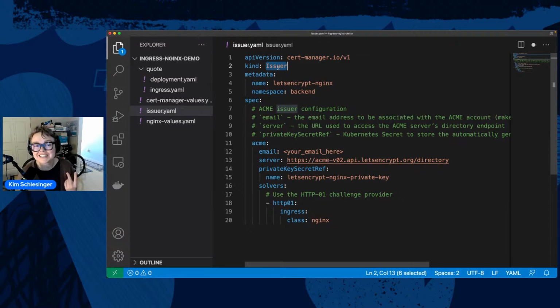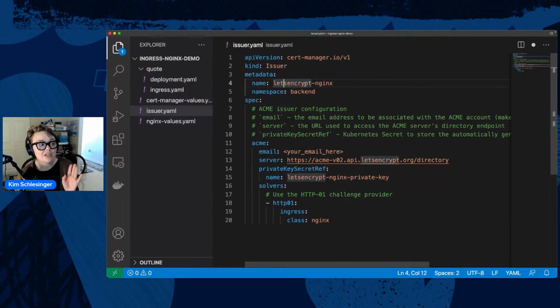There are two kinds of issuers. There's an issuer, which is bound by a namespace. So if you want to create certificates for something in one namespace, use an issuer. There's also something called a cluster issuer, where if you want any namespace to have access to that certificate, I would use that one. We're going to use the issuer just to keep it simple and straightforward.